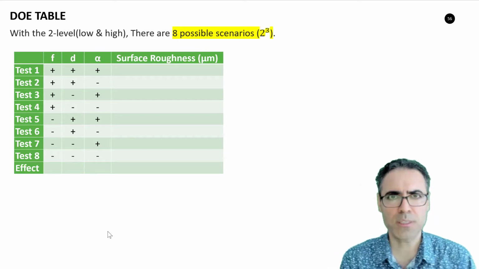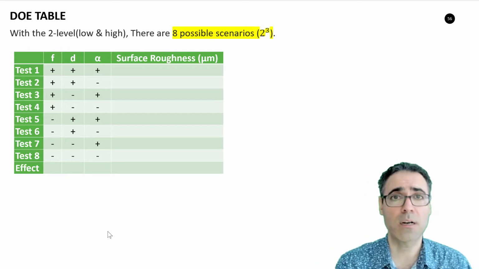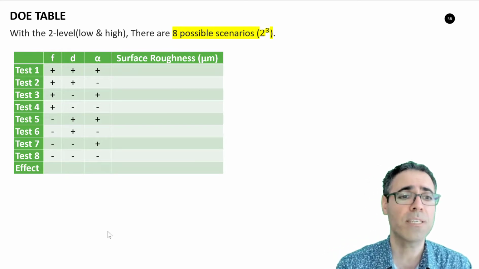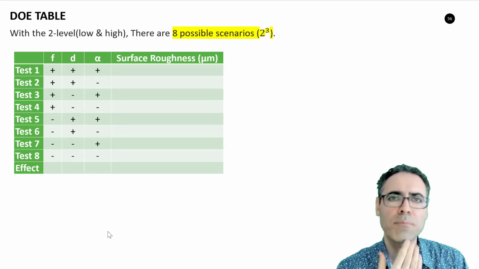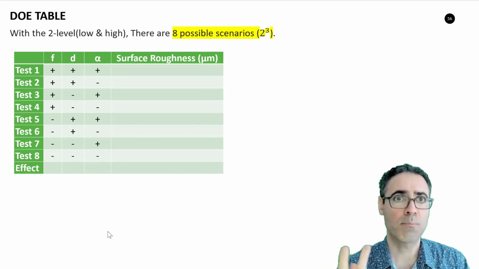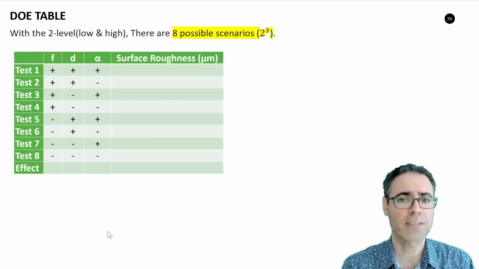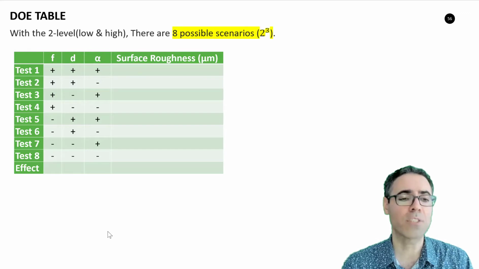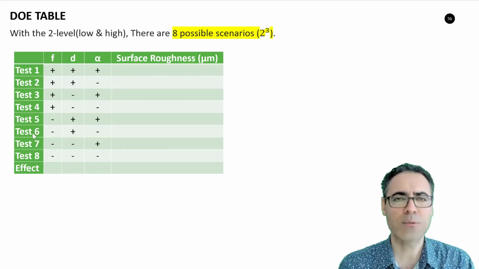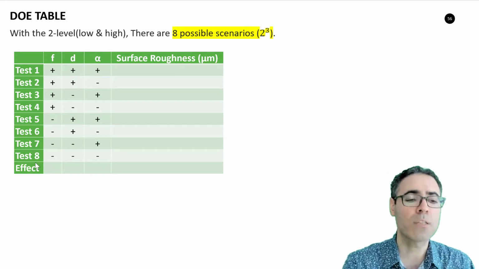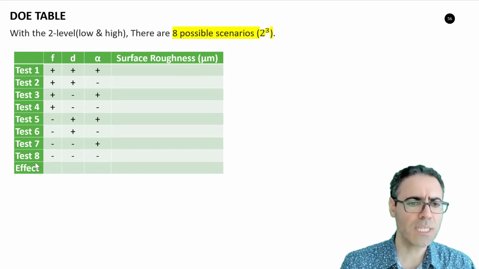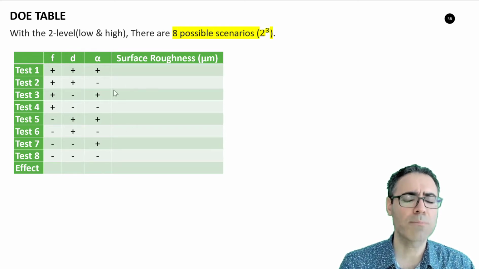First of all, what is the number of possible scenarios? So we have three parameters, F, D, and alpha, and each can have two possible levels, low, high. So the number of possible treatments is 2 to the power of 3. So I call them test 1 to 8, but some people call them treatment 1 to 8. That's the same. We form our table, and if you are wondering how we realize for these plus and minus,